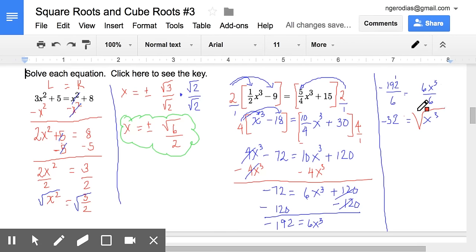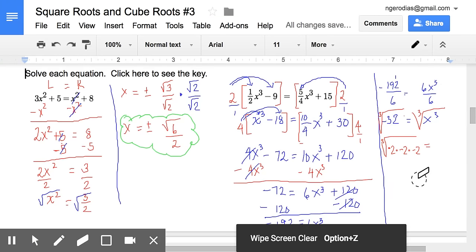So we're going to take the cube root of both sides. So cube root of negative 32. And so we know that the cube root of negative 32 is the same as the cube root of negative 2 times negative 2 times negative 2,